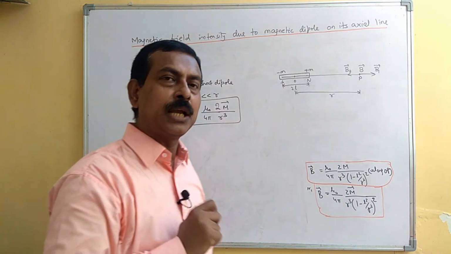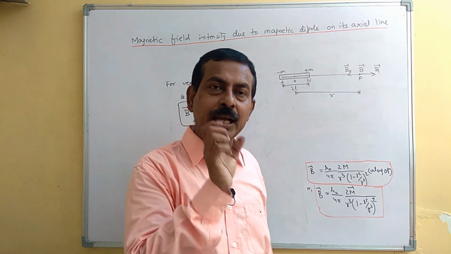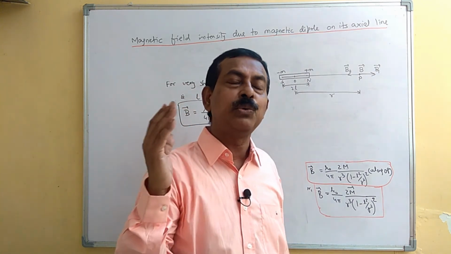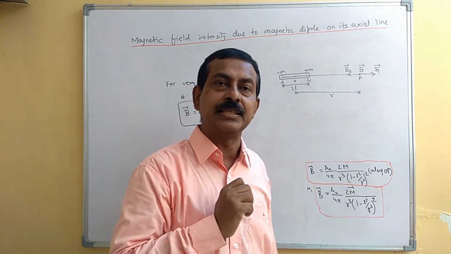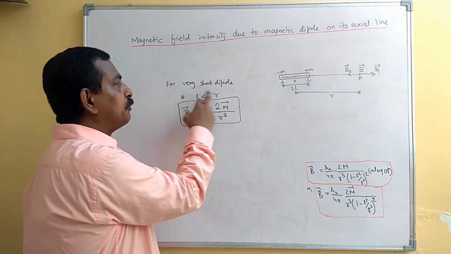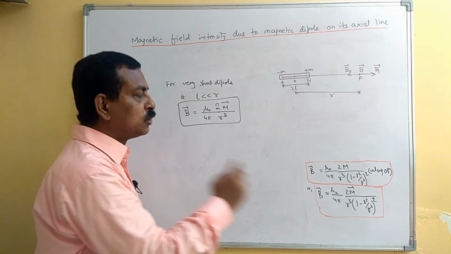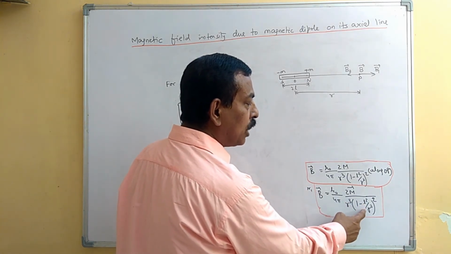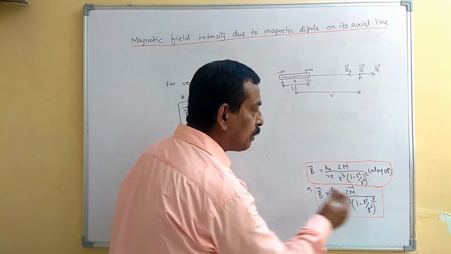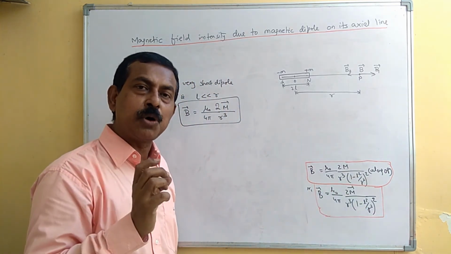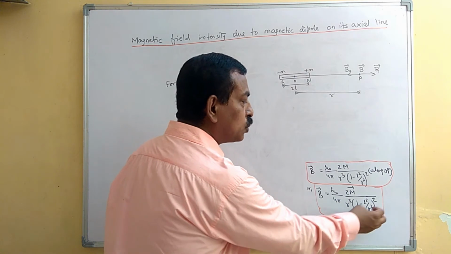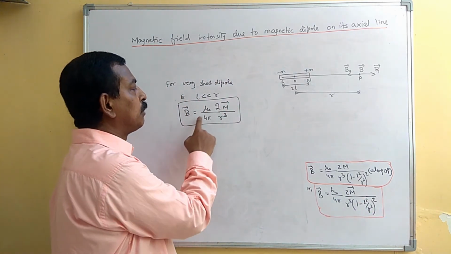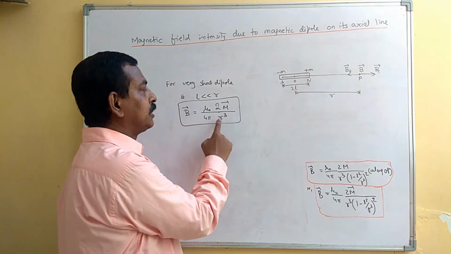For a very short dipole, that means a magnetic dipole whose length is very small as compared to the distance where we want to find the magnetic field intensity, we can take l very small as compared to r. So in this expression, if you substitute that l is very small as compared to r, the l square by r square term will be negligibly small as compared to 1. If you neglect that, you will get B equals mu naught by 4 pi, 2m vector by